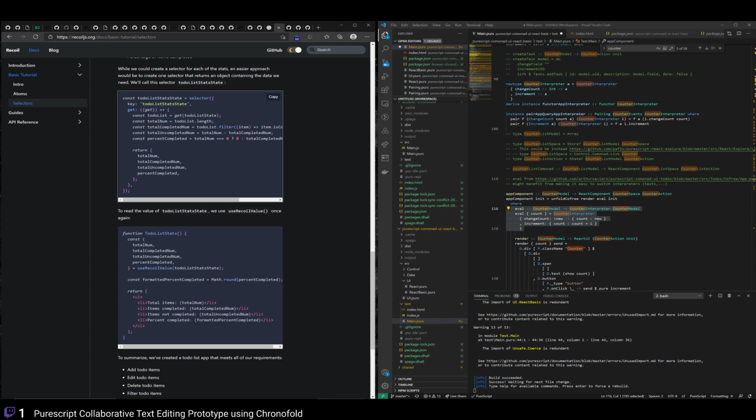And so I suppose that it's all about this get function that creates this data flow graph that's going to be updated in a smart way. Even if you have a very complex data flow graph, if only a small part of it is modified, then it's going to be smart enough to only update the stuff that depends on it downstream. So that's really the whole point of this,